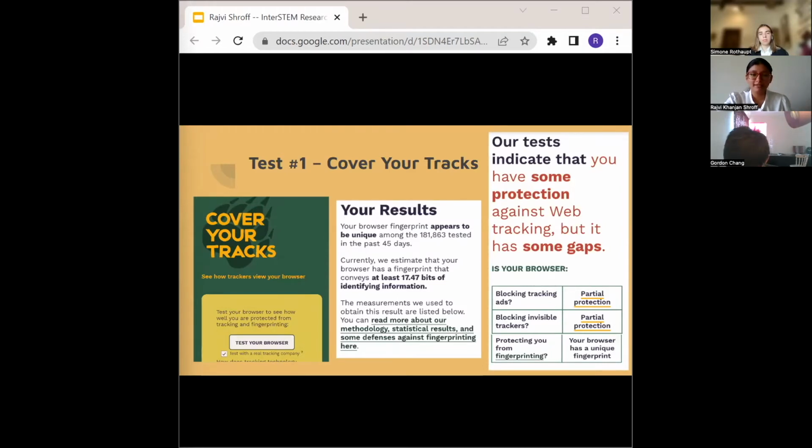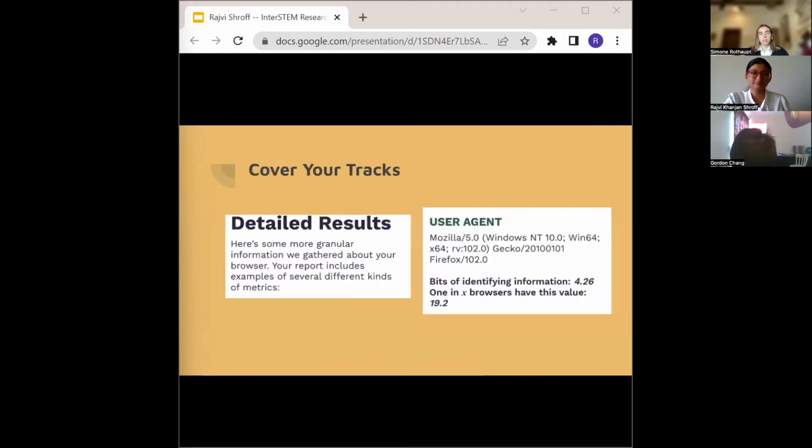In the paper, I said that the higher the bits of identifying information there were, the less privacy friendly the browser was. So after running the test for each browser, I would get to see how many bits of identifying information or data that the browser collected. And in the picture on the right, you can see how a metric would have its own set of data. And this is just a sample. There were many such metrics used. I aggregated all of the metrics for each browser into data tables for analysis.